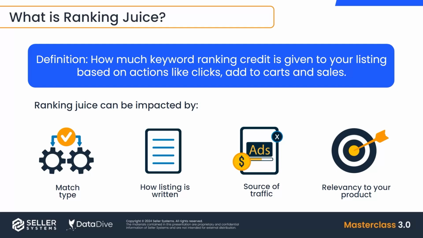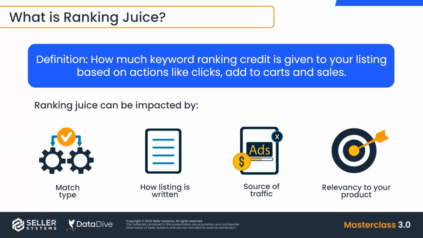I guess what I'll say, the recap on this is this used to be a very manual process. My agency back in the day used to charge hundreds of dollars to write listing copy. Now, this is something you don't need to pay an agency to do anymore. You can go into DataDive and it's going to factor in all of these different things, like what are the most important keyword roots, how is your listing written, the different match types,